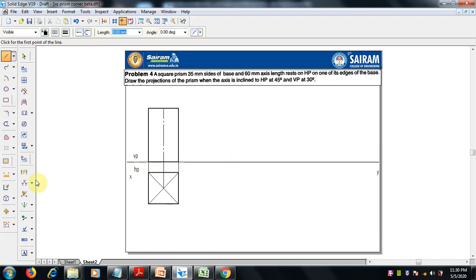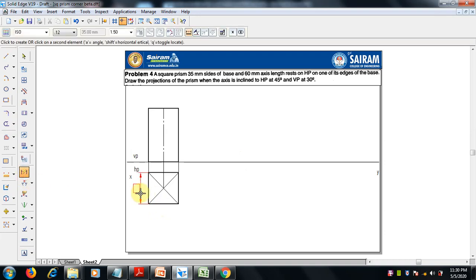This is over. We can check the dimension by selecting smart dimension, 35 side and 60 mm height. So this is fine. Now we have to mention the names for it.